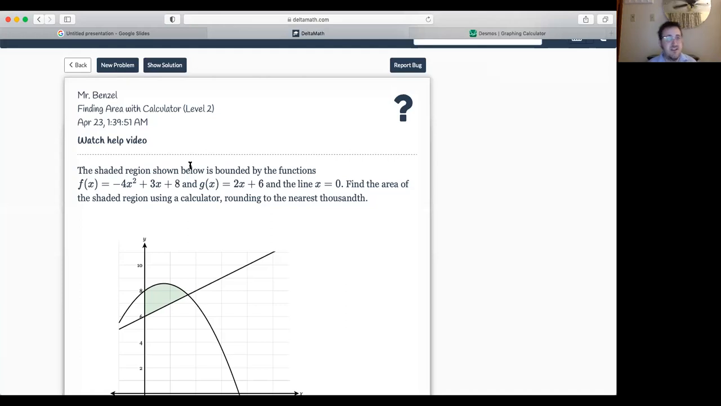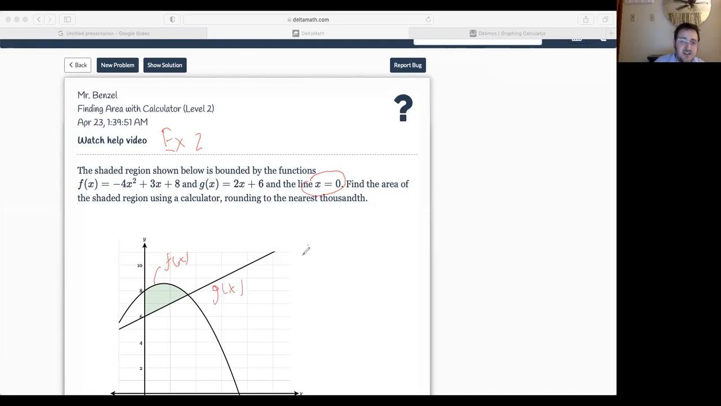All right, here is example 2. Example 2 is a level 2 problem. What we can see here is that we actually have 3 conditions: f of x, g of x, and the line x equals 0. So our lower limit of integration is going to be... I'm just going to conceptualize this. The top is our f of x. The bottom is our g of x. So this is the integral of 0